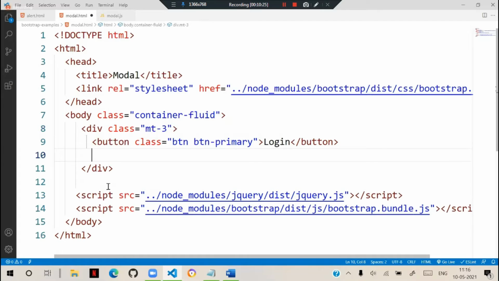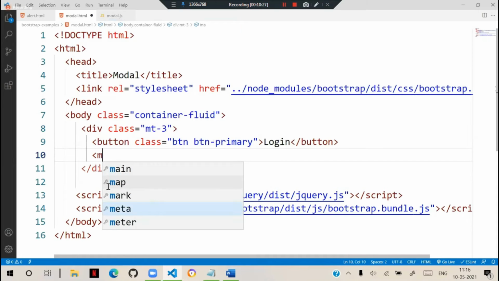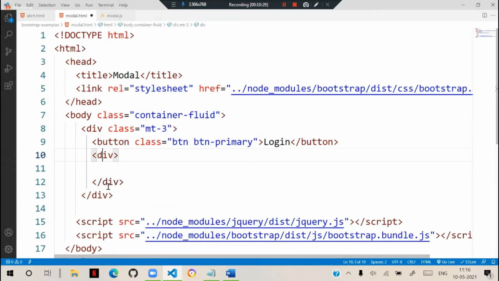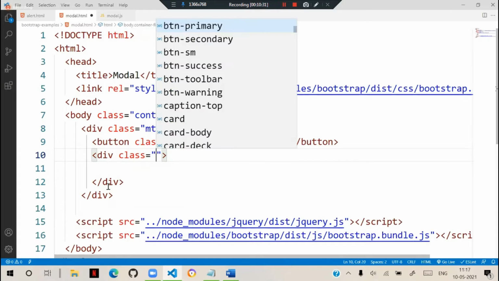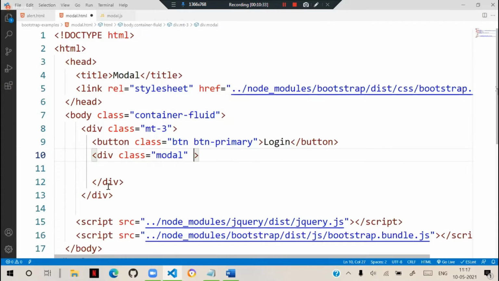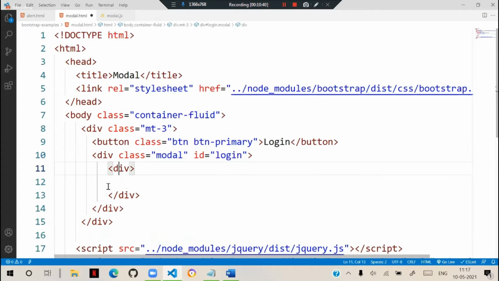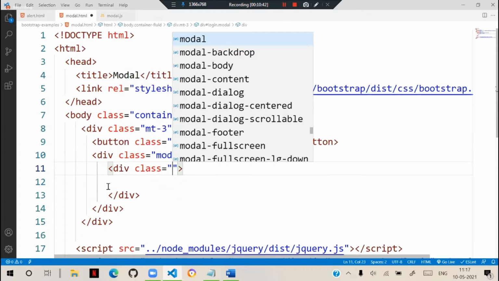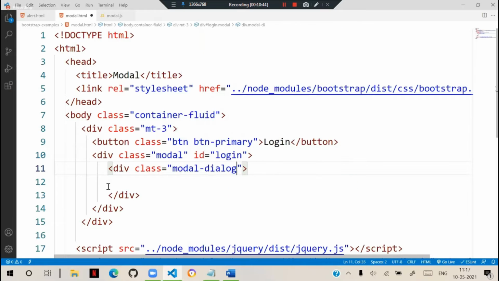Inside this we will keep a div with a class called modal. Modal has an ID of login modal. This is a login modal, and in this modal we will have a class modal-dialog. That is very important, modal-dialog.